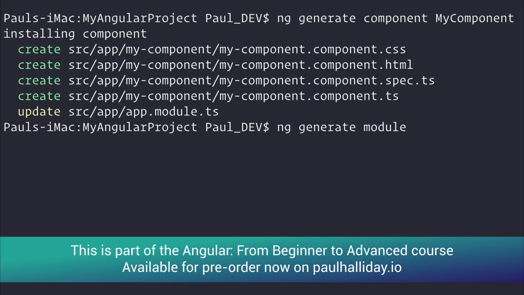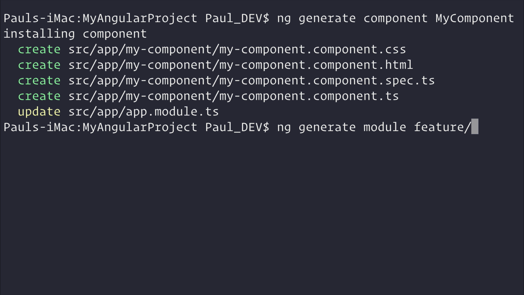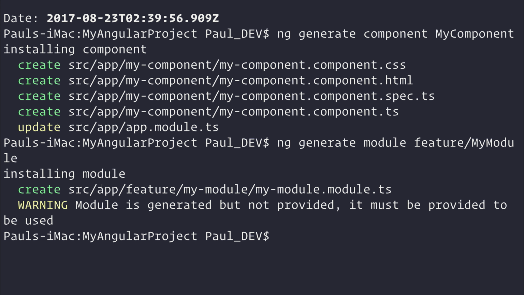If we wanted to generate this module inside of a particular folder, we could make a new folder by saying feature/ and then the name of our module, so it'll be my module. So if we do that, you can see that it installs our module. It creates a new file under the feature folder, which creates then a new folder for our module,